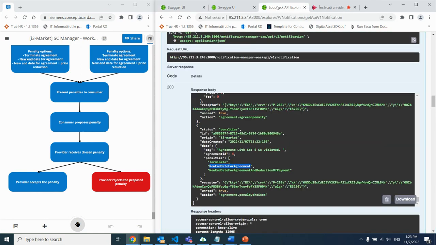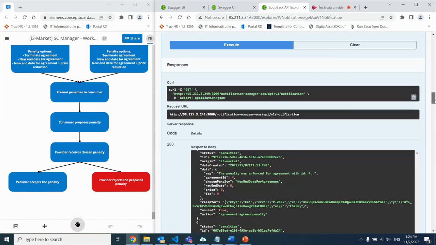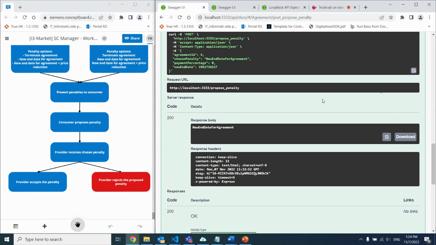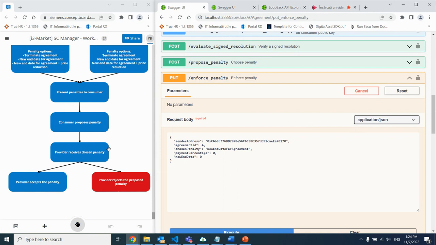And then we also receive a notification. Let's execute this again. We proposed this penalty. This notification is sent to the provider, and then the provider can also enforce the penalty. So we are here where he receives the chosen penalty and the provider accepts the penalty, so he has to enforce it on the blockchain,